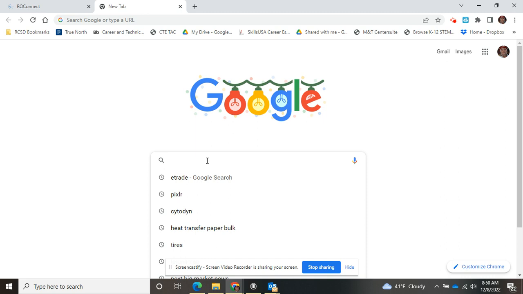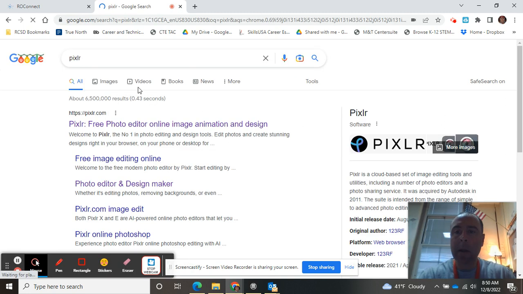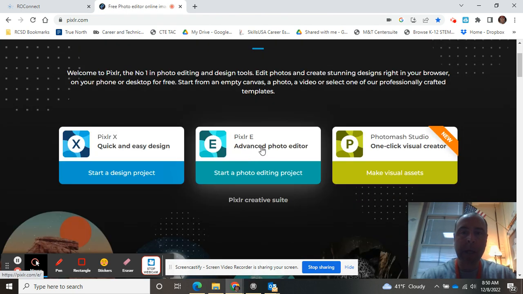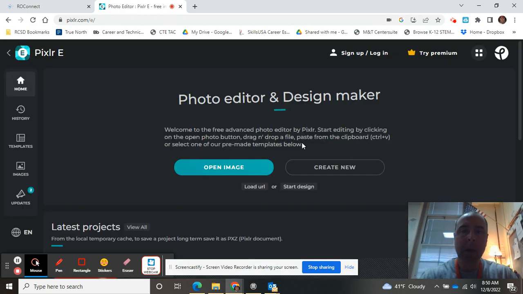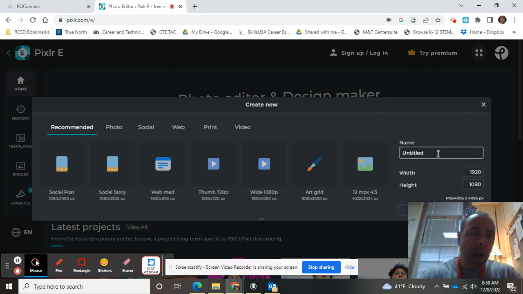So you do a Google search, Pixlr, and enter, and you're going to choose the top website that comes up. We want to use an advanced version of this software or app, and that's Pixlr E. So select Pixlr E. And to do this, the first thing we want to do is create a new picture or image,